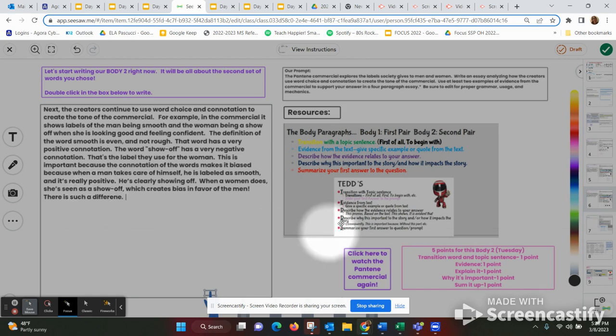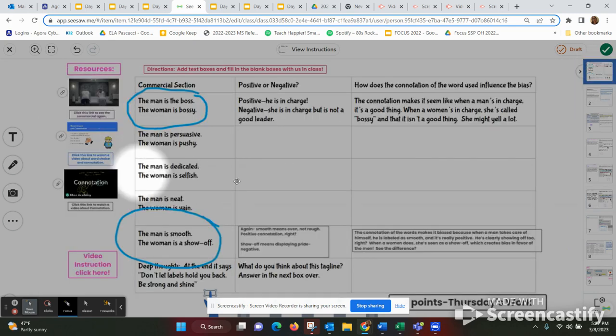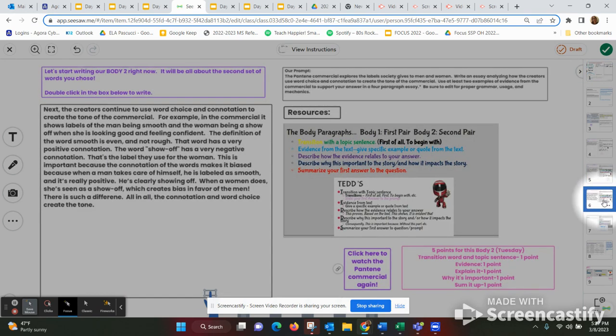Then we're going to sum it up. Summarize your answer. Maybe we'll do, like, all in all again. I don't know, whatever you want to do. And then you want to restate that first sentence: the connotation and word choice create the tone. Not the own, not the one, the tone. I don't want a word for word example, but I would love it if you used a different one and put your own words in what you put here. Are you getting this? Once you really analyze something, analyze a prompt really well and pick out all